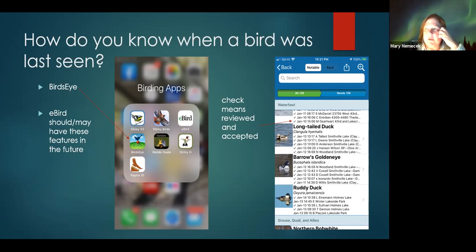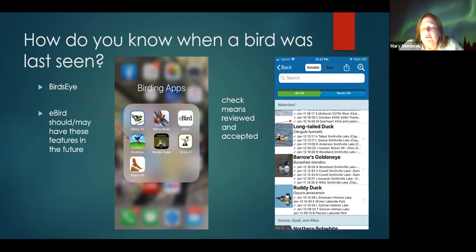Once you upload an eBird checklist, it will show up here within 20, 30 minutes max. Interesting. So it's pretty quick. Yes. And you can look at it too to see if you've seen something and you want to know if it's been reviewed, you can go in here and look at it. Now it doesn't go back forever. There's only like 5 or 6 lists under each rare bird species, but you can go in there and see if it's been reviewed.